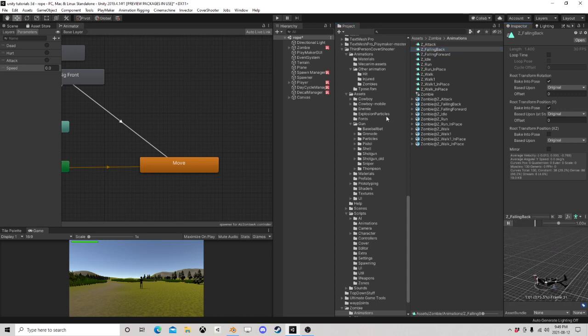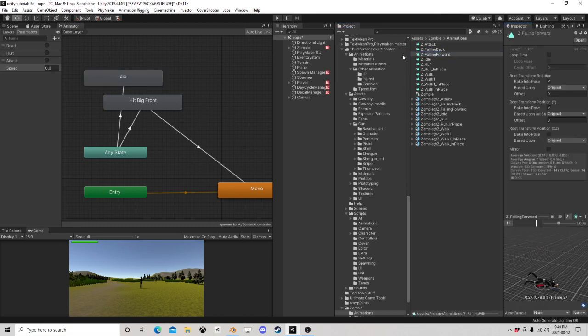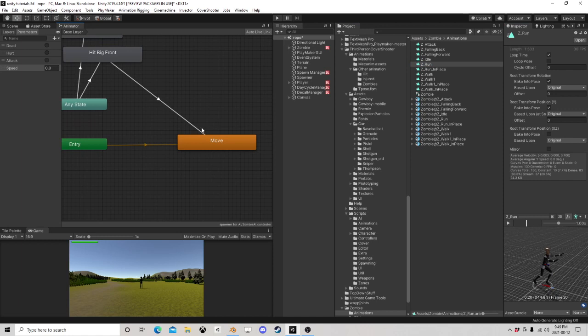Oh, there's like an actual zombie death right there. Let's put that one in. That one could also be good. Idle, run in place. Walk. Okay, so here we have a couple different styles. So what we could do